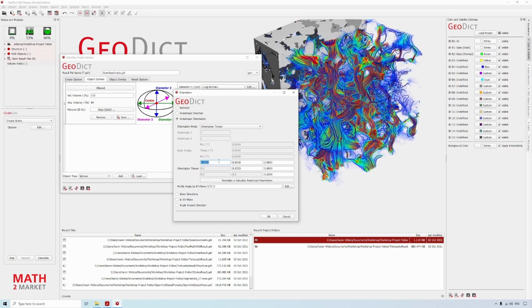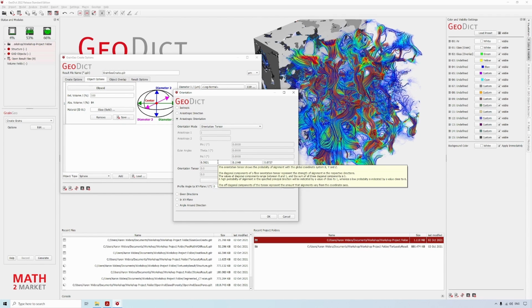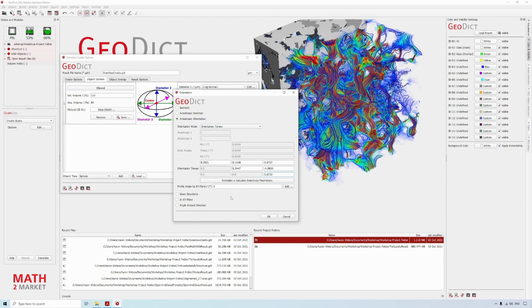We enter 0.5821, 0.1048, 0.0727, 0.3447, minus 0.0826, 0.0732. I will just wait a few seconds so that you can finish typing those values.